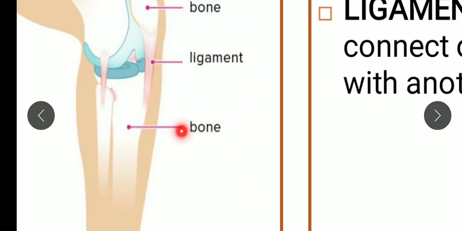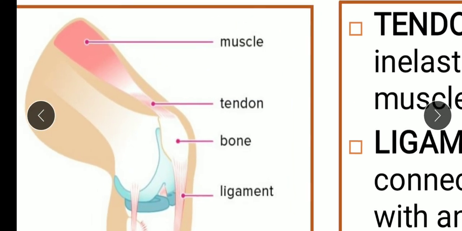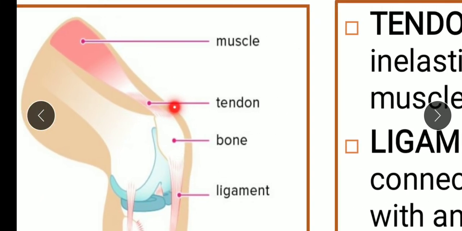I will show you the tendons in the diagram here. You can see these are the tendons. These tendons are tough and inelastic. Elasticity is not there, and its matrix contains unbranched white collagen fibers. They connect muscles with the bones. You can see this is bone, and here the muscles are present. So muscles are connected with the bones with the help of tendons. Understood? They are tough and inelastic.